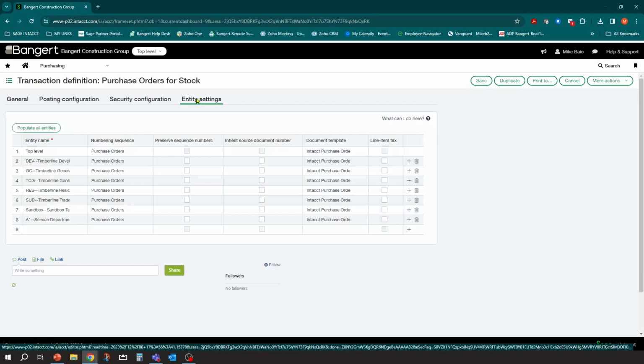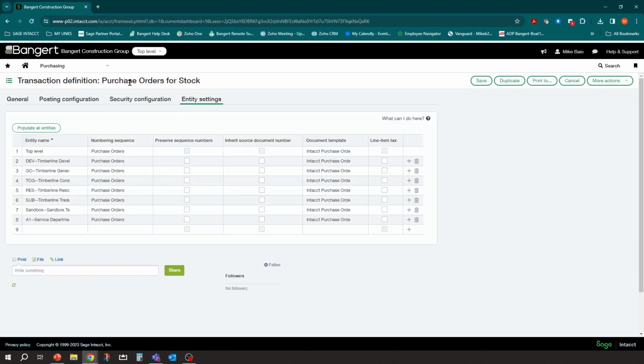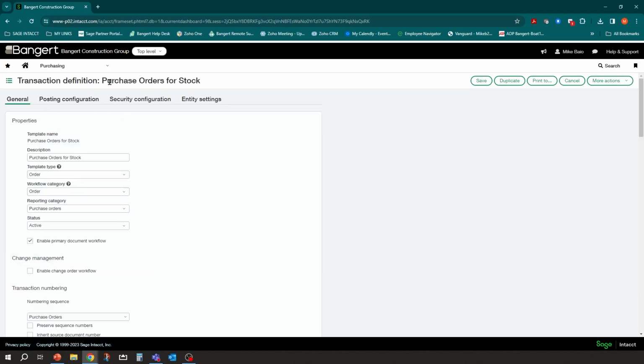And this is something you may want to do if you have multiple entities, multiple warehouses, maybe multiple purchase order documents needed, you can define by each entity a separate numbering structure. So maybe you have an entity prefix on each of your PO numbers. You can have a separate number structure, and you can have a separate document template form. And again, this is more generic transaction definitions and inventory, but you do want to kind of readdress that at this time. Once you've gone through that, we've created our initial definition. We can click Save.